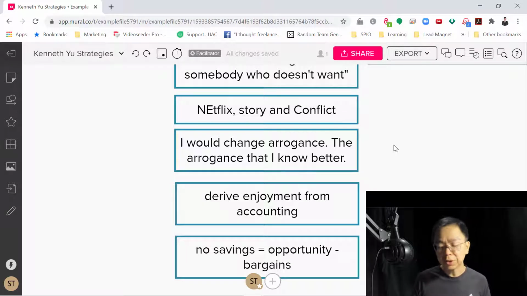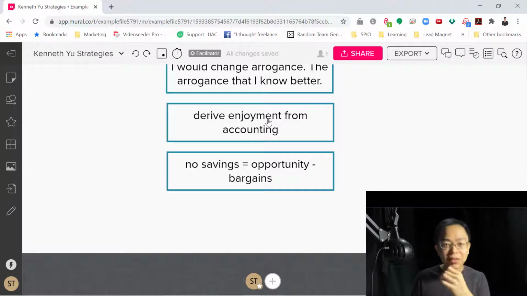It's like, oh, I'll change my business model, I'll change my way of innovation. But no, it wasn't an external thing. It's an internal thing, right? Which is very powerful. Deriving enjoyment from accounting, which is ironic because he hates accounting, and yet he flips the expectation because it forces you to think about something that you hate, but you can still derive joy from. Fascinating, right? Okay, so no savings.